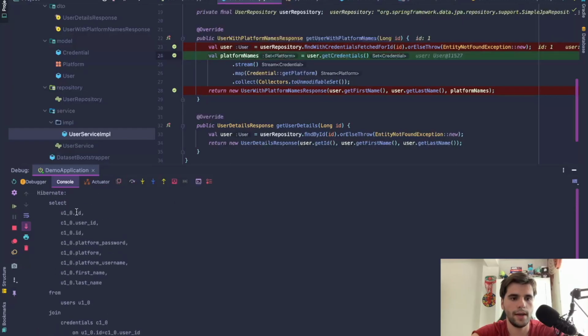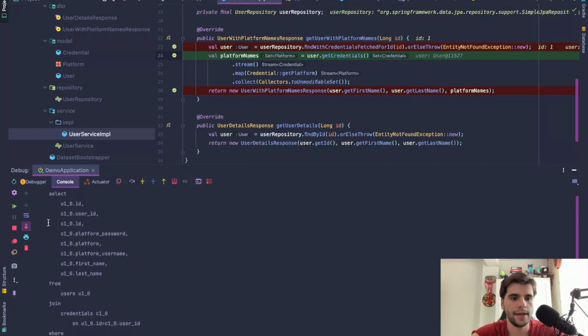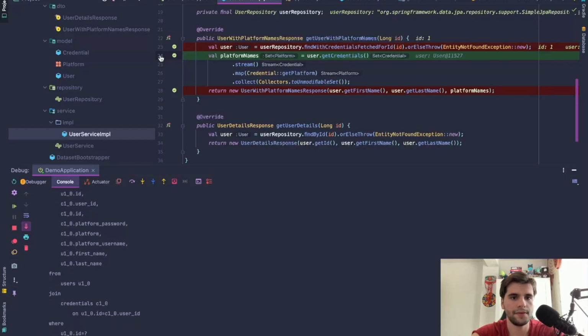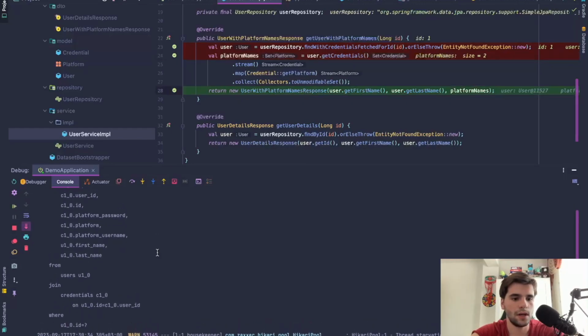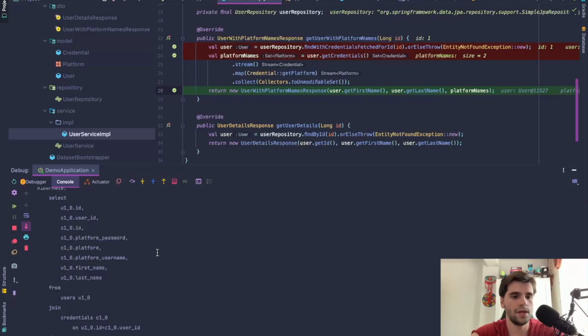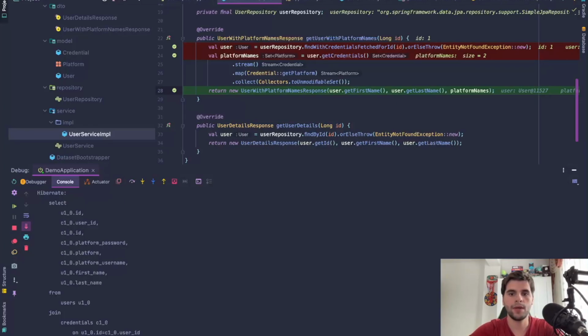Right, so now the select statement that we see here is fetching not only the user data but also the credentials. So everything will happen in one select statement, and then here at line 24 we see that nothing in Hibernate was printed again because it was only one select statement. Be very careful when you are working with child entities and make sure that you don't end up with